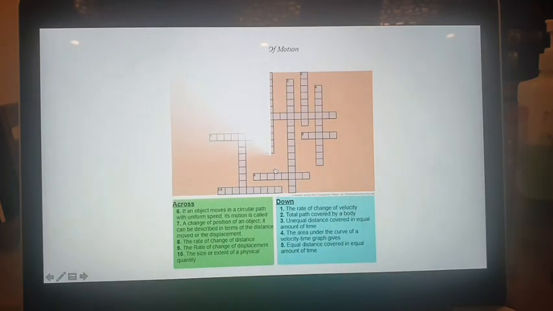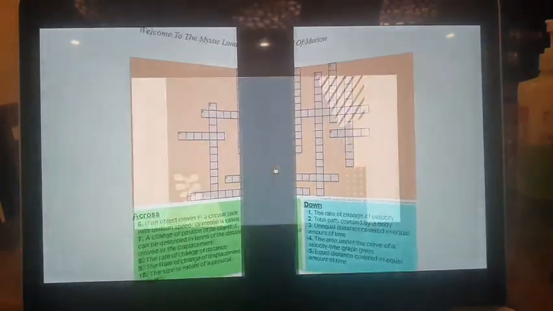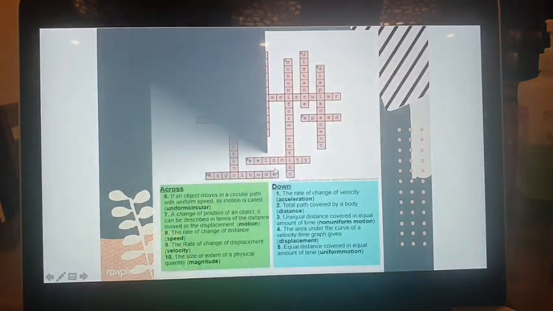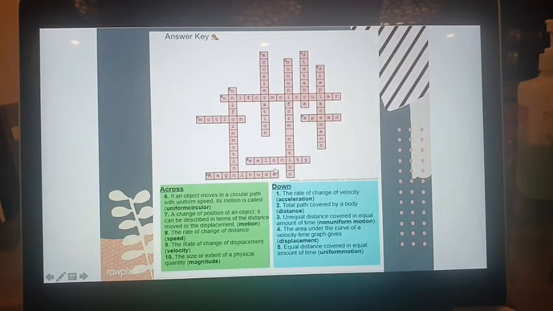Now, the second game. In the second game, I will talk about the crossword. Fine. So we have created a crossword and you're supposed to give all the hints, across and down. You can see on the screen. You can read it and students will give you the answer according to the hints provided. Then you can see that this answer key will appear and you can discuss these answers with them. And believe me, students really enjoyed a lot while solving this crossword.